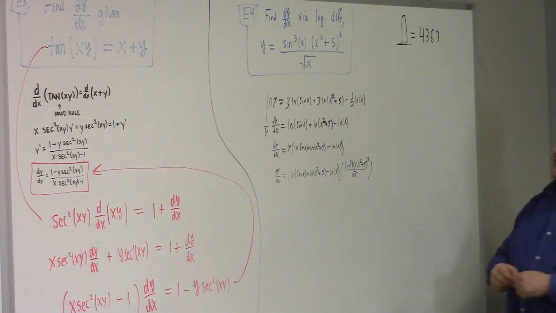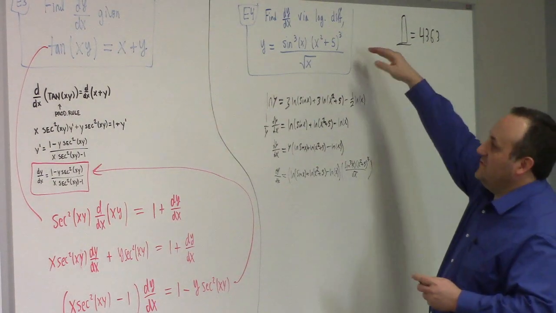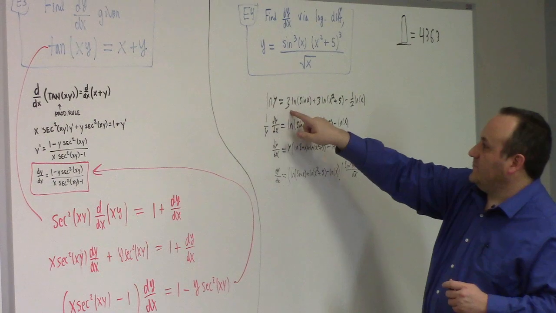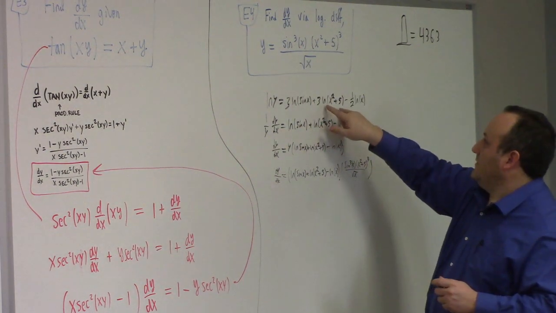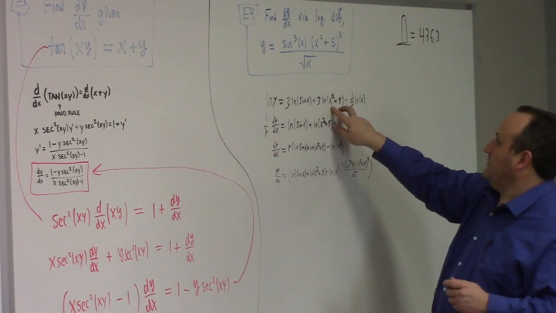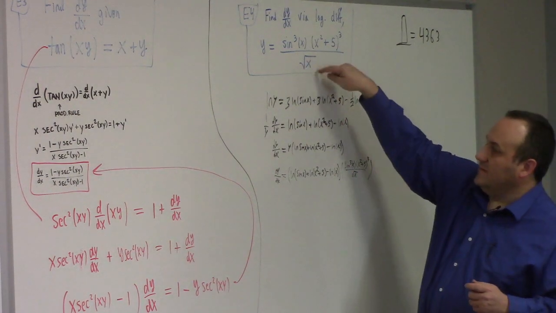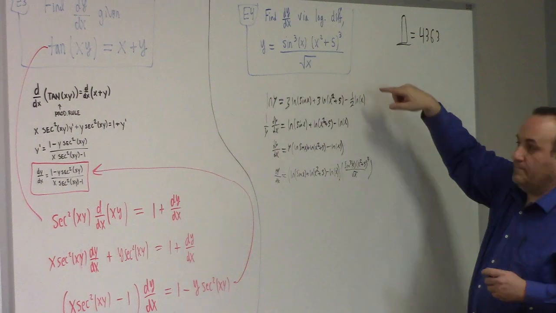So next up here, via log differentiation. I believe this is a good faith effort for log differentiation. We took the natural log of the equation. We've got natural log of y is 3 log of sine x, very good, from that term, plus 3, because of this 3 right here, log of x squared plus 5, very good. And then minus 1/2 log x, excellent, because this is a square root in the denominator, which brings out a minus 1/2 power, all right?